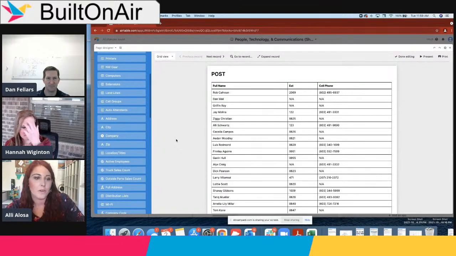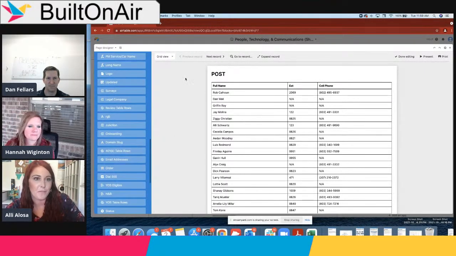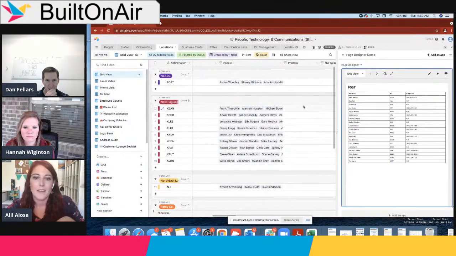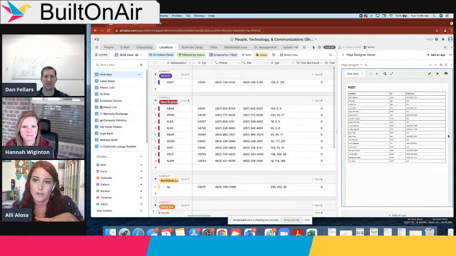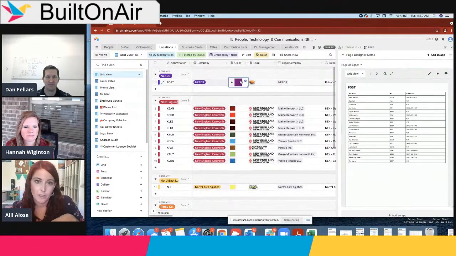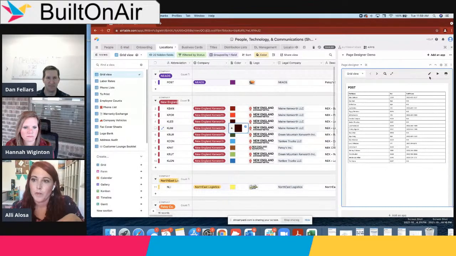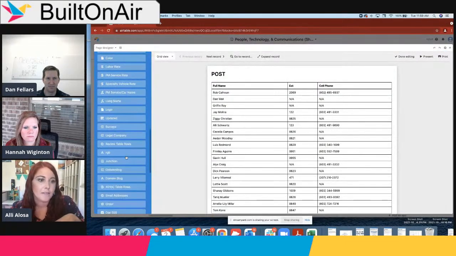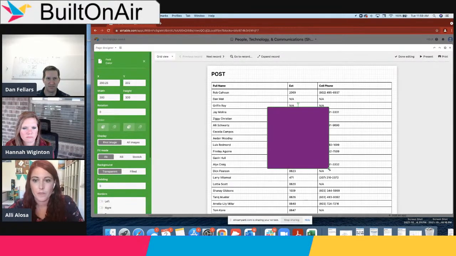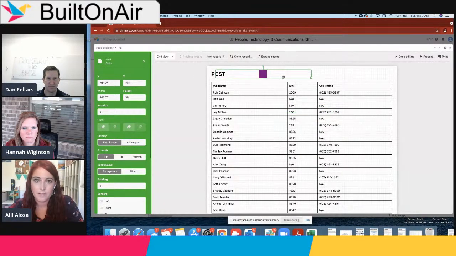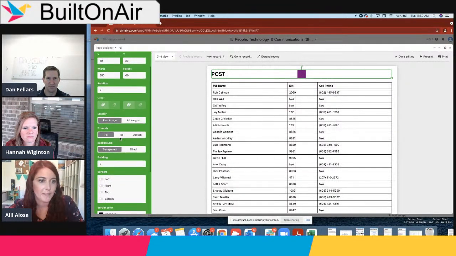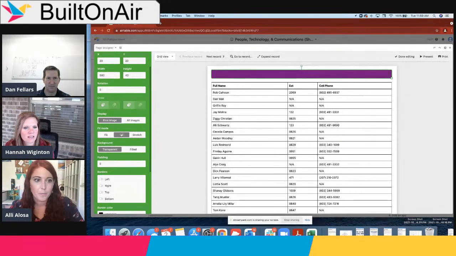And I know we're running low on time here, so this is my favorite thing I've figured out recently. For each location, we've got a specific color because we have everything color coded. So I've just put in a little block, just a little image for each location. And when I do that, I can drag that in as an image if I find where the color is. And I can drag that all the way across. And then if I say I want this to actually fill,